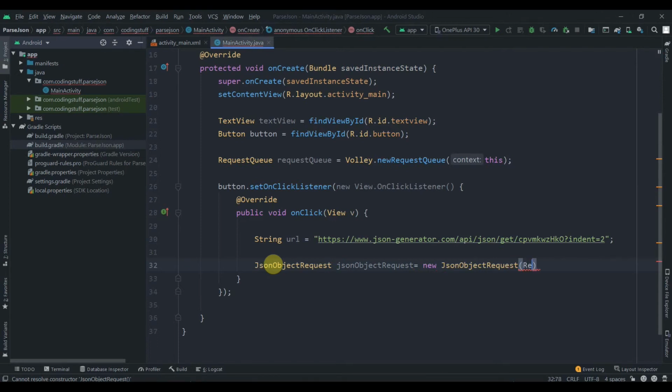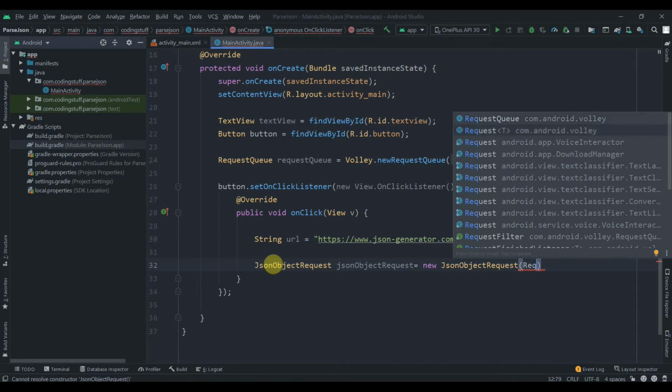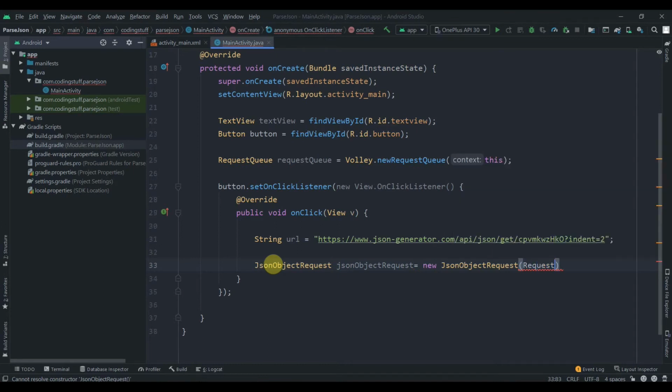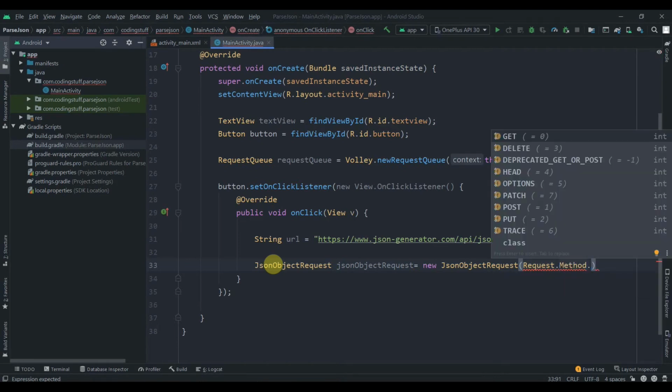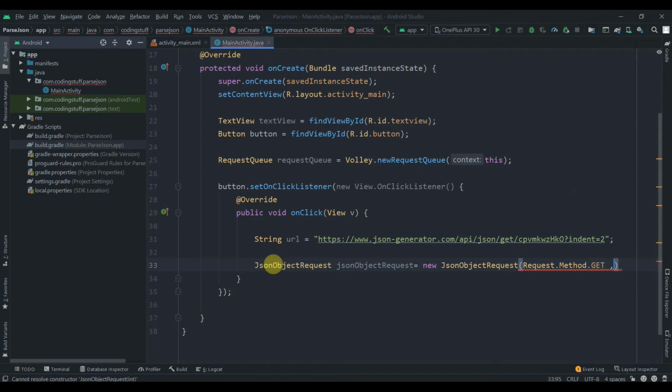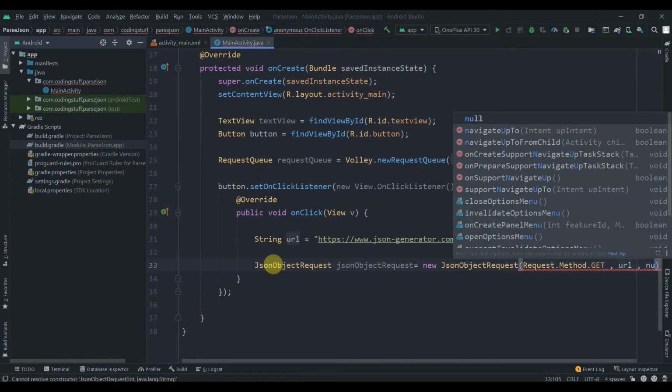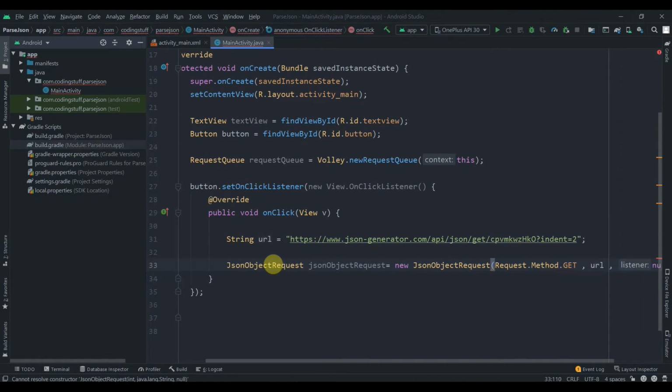The first will be the request method, which will come from Volley, of course, dot Method, and we'll use GET over here. Then we need to pass in the URL, then null, and then we need to pass the success listener and the failure listener.